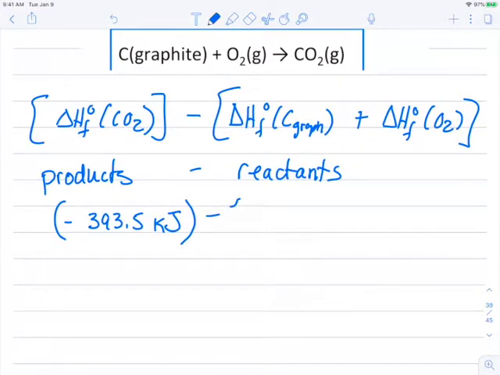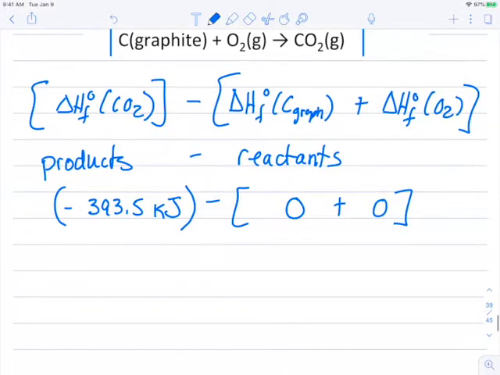Minus, and I realize that most of you aren't familiar enough with carbon to know, but carbon as graphite is in its standard state, so that will be 0. And by the way, that's not something I expect you to memorize. I would put a note on the test that would say carbon as graphite is in its standard state, or I would literally say it was 0, because I don't expect you to remember all the elements that have funky standard states. All right, but I would expect you to know that O2 is the standard state of oxygen, so that is also 0. So here, negative 393.5 minus 0,